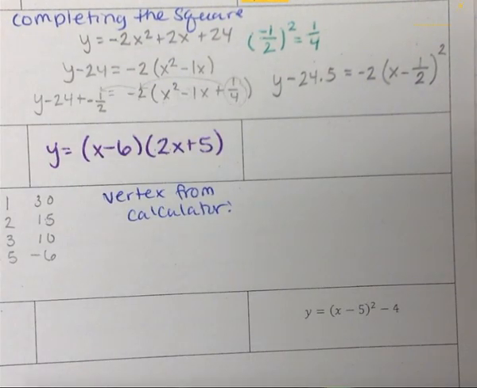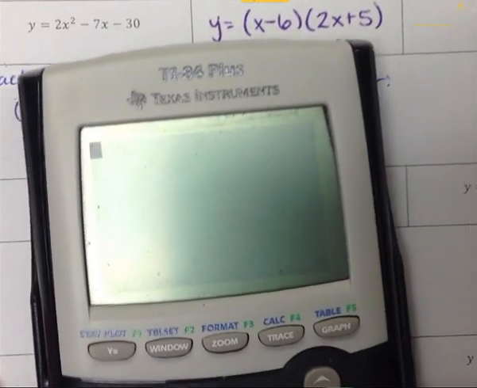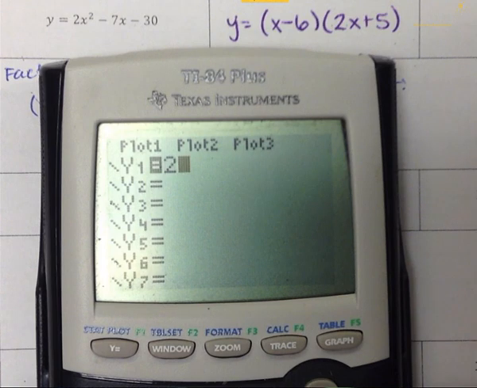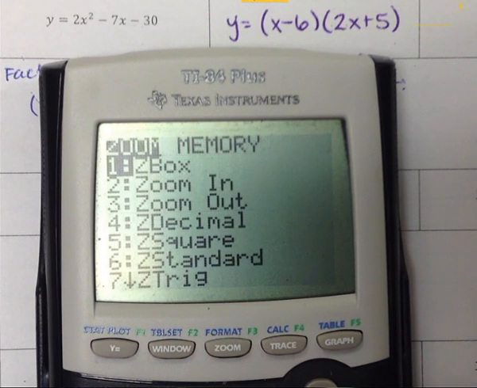So I'm going to go to my calculator, and I'm going to type in the original equation because that's the one that we know for a fact is correct. So I'm going to go to my y equals, type in 2x squared minus 7x minus 30. I'm again going to go to Zoom Standard